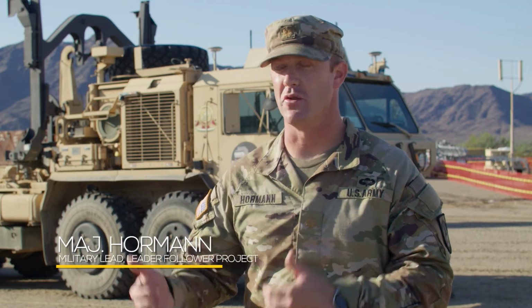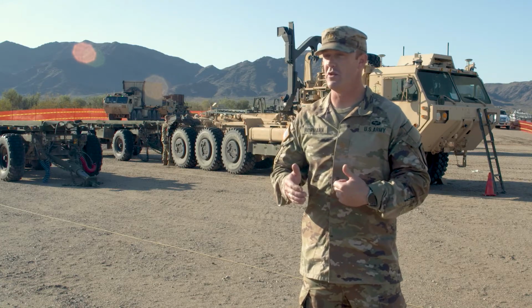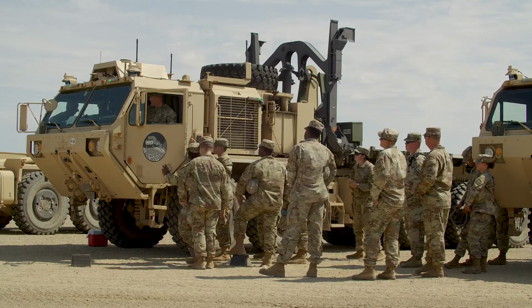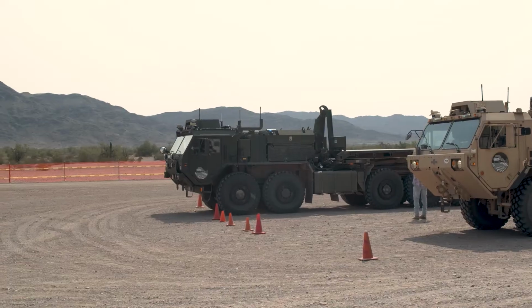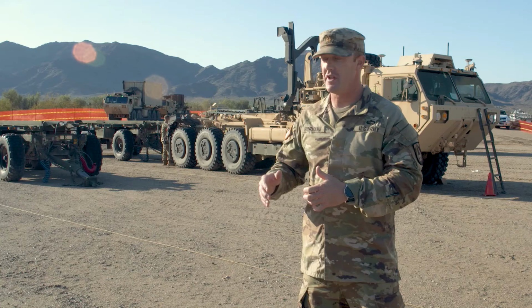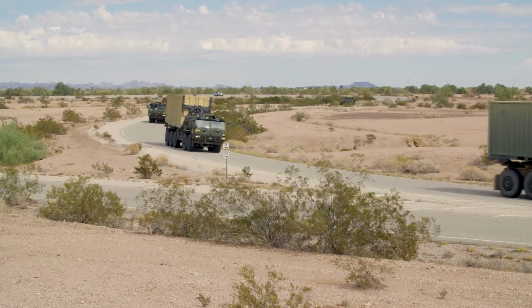So the operational technical demonstration with Autonomous Ground Resupply Leader Follower started with the soldiers at the 41st Transportation Company at Fort Polk, Louisiana. And those are primarily Army soldiers, 88 Mike transportation operators. Now we've opened up the aperture and included our joint sister services with the Marine Corps. They have a unique vehicle called the LVSR, which is based on the same platform as the Army's PLS. And we've included that same autonomy kit that we have on those trucks down at Fort Polk here with the